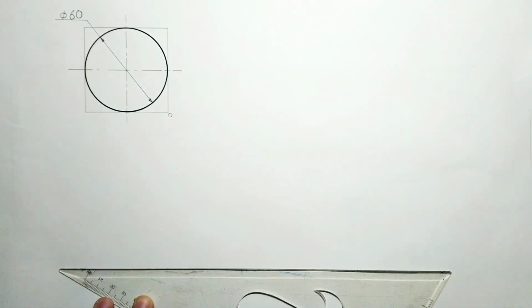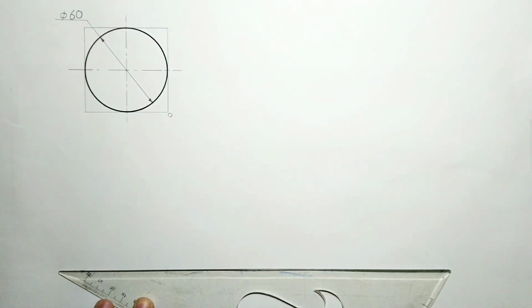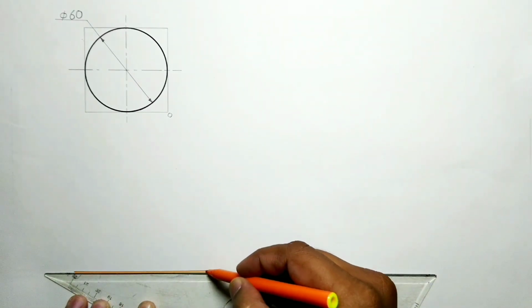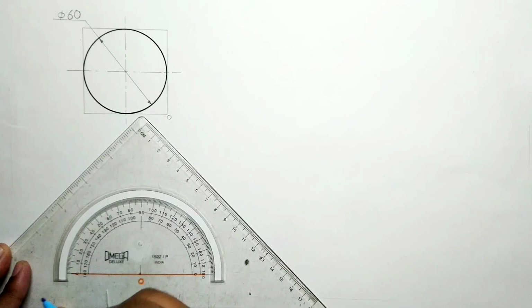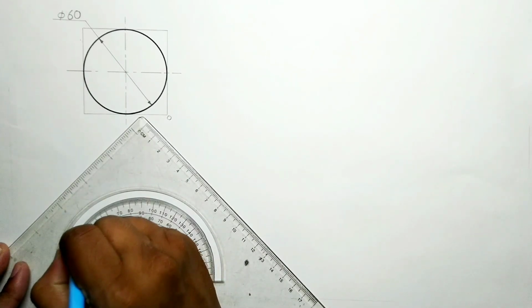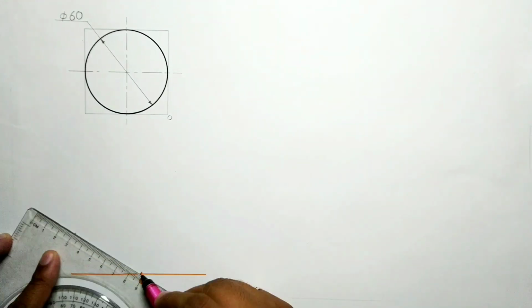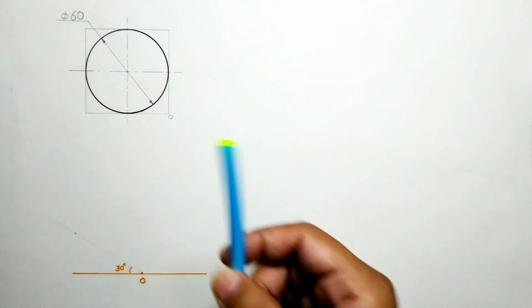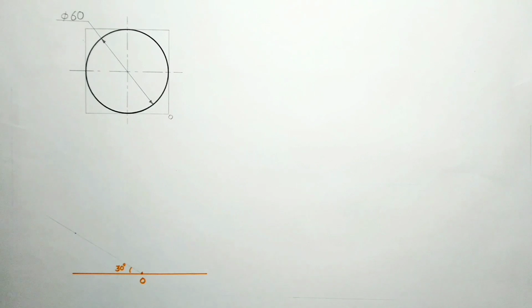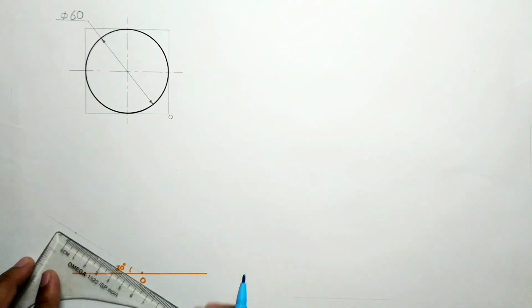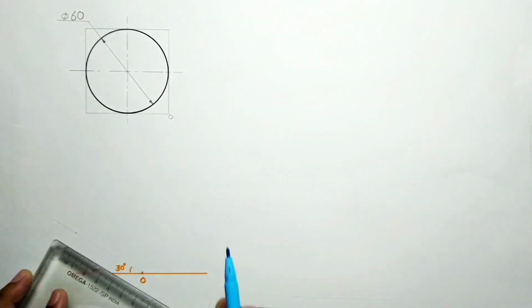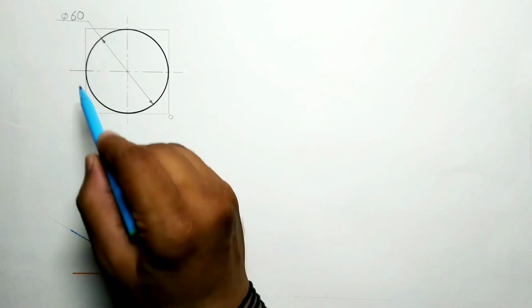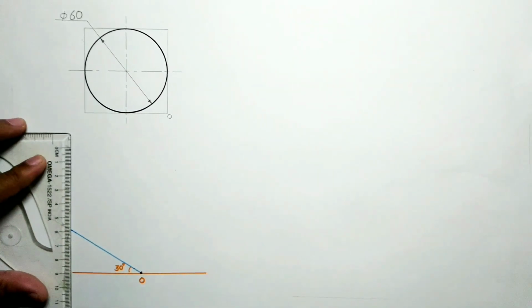All of you know how to draw a square in isometric view. Similarly, we are going to draw the square in isometric view. Draw one baseline, take the origin point, take the 30-degree angle on one side and draw one line. This angle is a 30-degree angle, and as the origin point is on the right side, we are going to extend it on the left side. So from origin to the first point 60 mm, then from this point to this point again it is 60 mm.